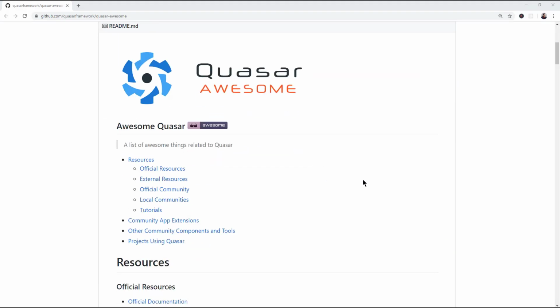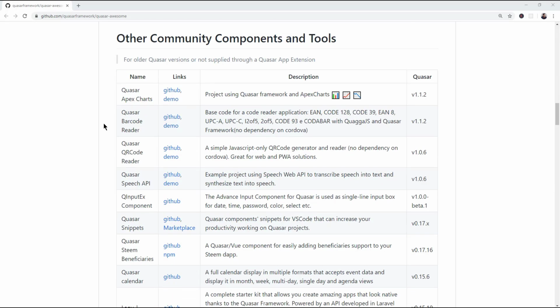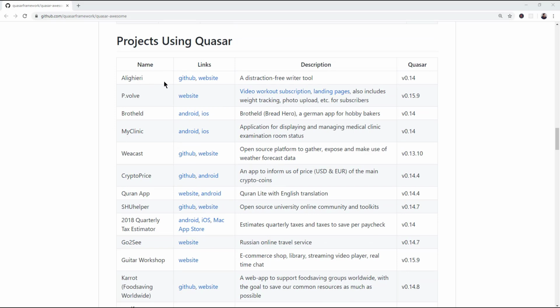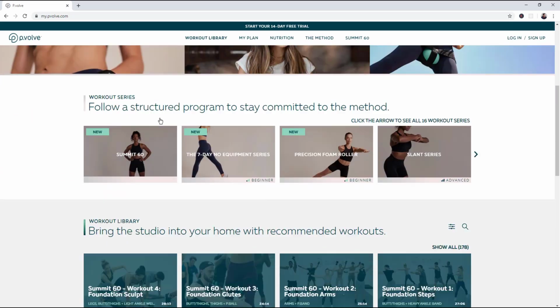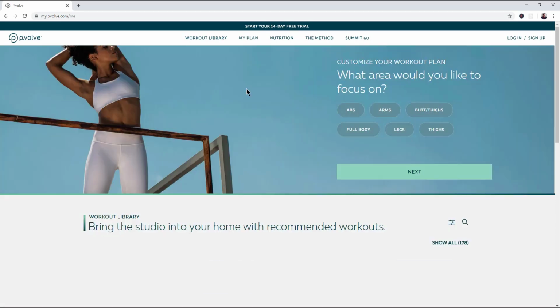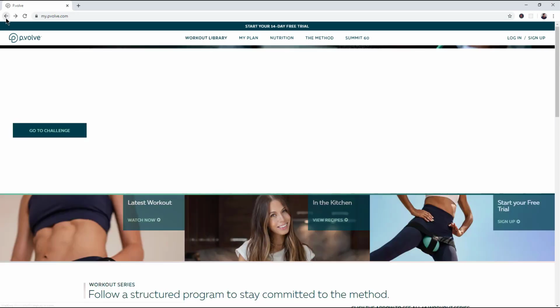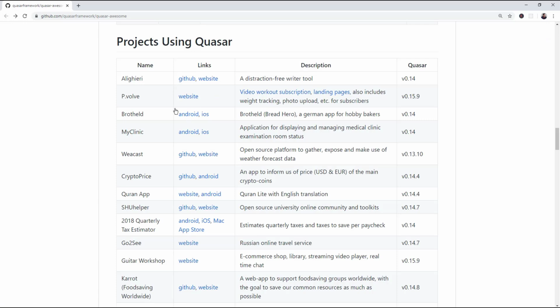As an example to show you what I'm talking about, this seems to be the most commonly referred to Quasar page that has all the different Quasar applications that are out there right now. And if we go down here to look at some of these projects, here's a website that looks terrible. Here's another website. This is nothing more than a basic template, but let's see what kind of functionality it's got. Yeah, so it's okay. This one's pretty good compared to the other ones I've seen. But still, all that stuff can be done in just regular